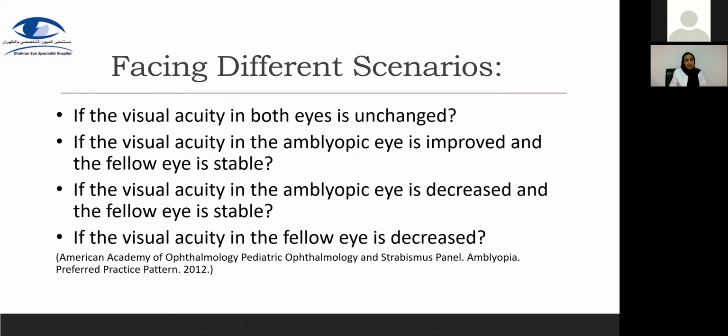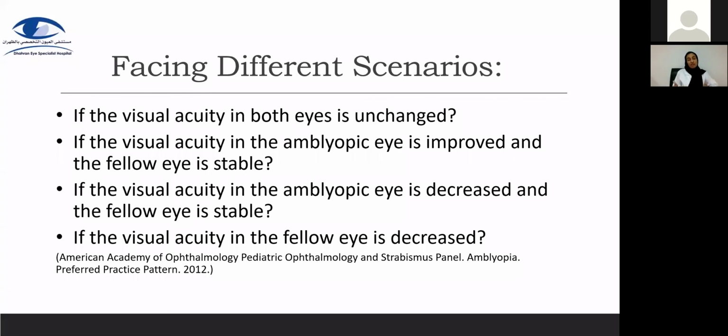The bad news is that the patient is having decreased vision in the good eye. The good news is that it means that the patient's eyes are very responsive, or the brain is very responsive to the treatment that you're giving. That means that your treatment is doing excellent with the amblyopic eye. So what you do in this case, you would taper patching. After you cease the patching and the vision comes back to what it was at the first visit that the patient came to you, then you would consider